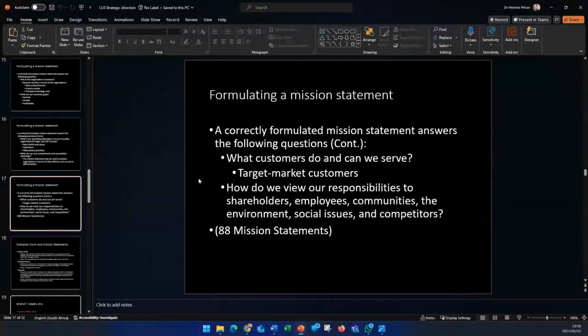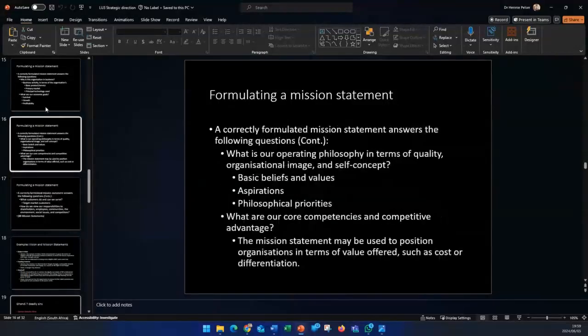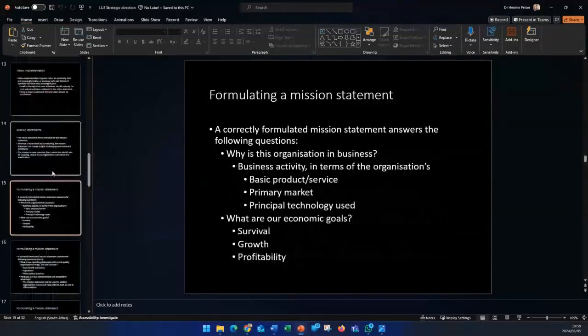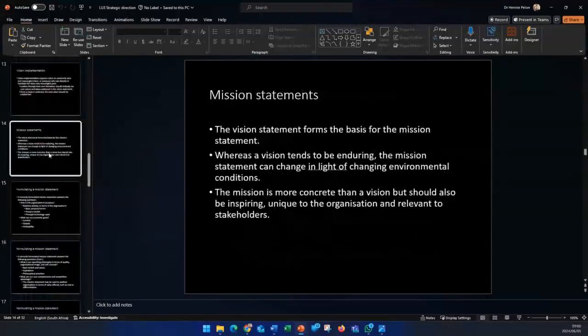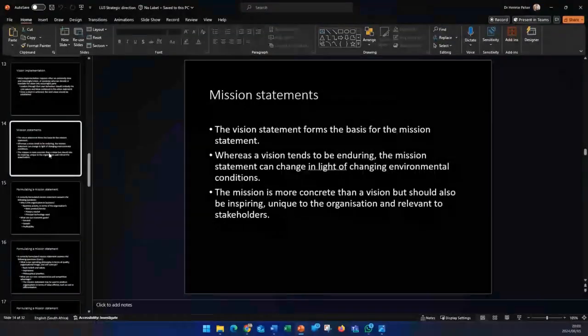Right, any questions around this one, guys? So if you want to pre-prepare, look at the case studies that are there, or just write a generic mission statement. Good luck passing, Nate. I think just write a generic mission statement, and you can just plug in the detail depending on the question.